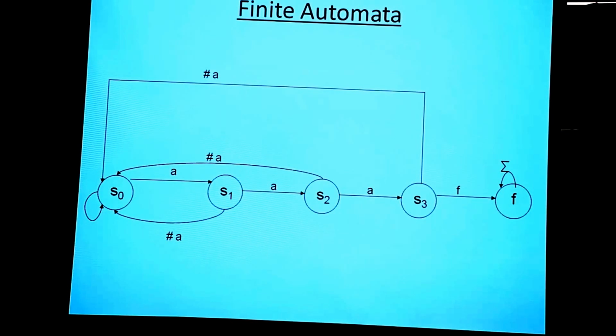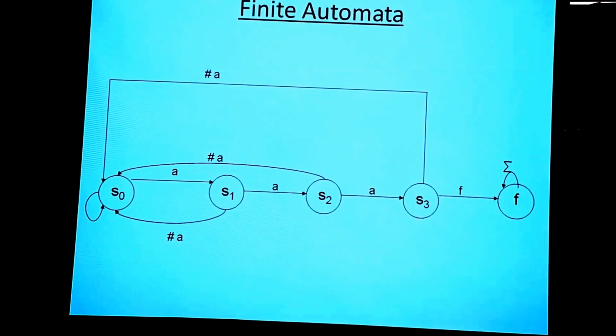So what is the size of this finite automata? You will have something like m states, but from every state you have an edge on every character, right? So the size of this is something like m times the size of the alphabet.